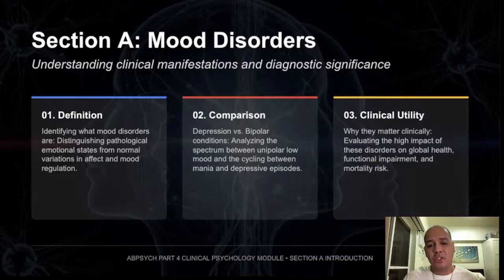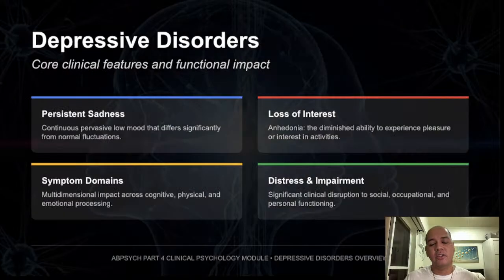A person with depression may say, I feel empty, I cannot focus, nothing feels enjoyable anymore, or everything feels heavy. While a person with bipolar symptoms may not say, I think I'm manic. They may say, I barely sleep but I feel amazing. I have 10 plans at once, or I have never felt more powerful. So, the key point here is this: mood disorders are not just emotional states, they are full system disturbances that affect how a person feels, thinks, acts, and functions.